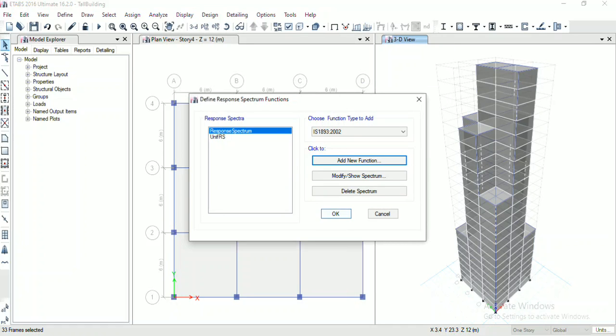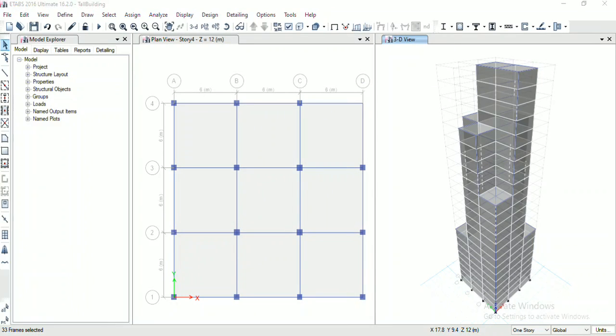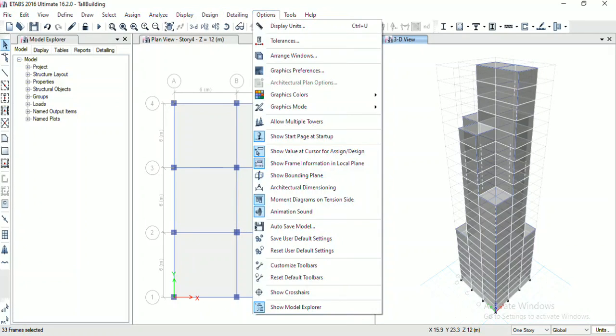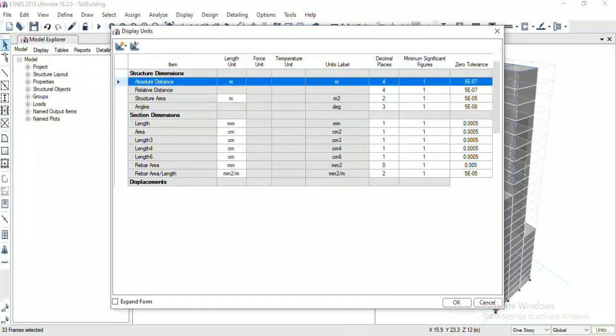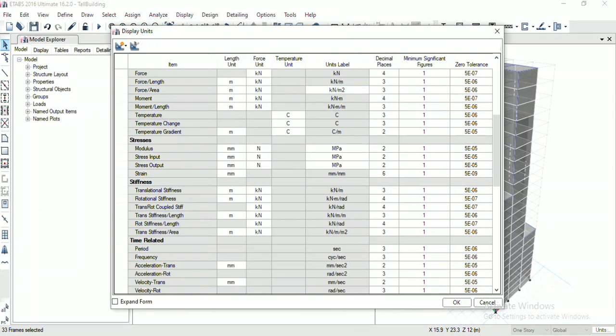Click on OK again. So now the response spectrum function is defined. Now we will check acceleration units. So for that, go to options, display units, and check the acceleration units are millimeter per second square. Click on OK.